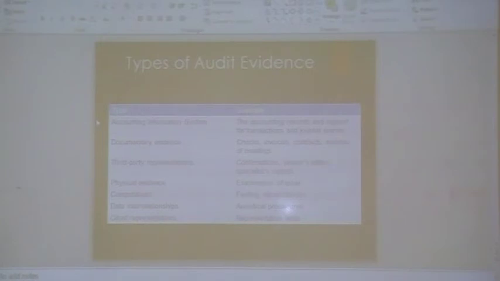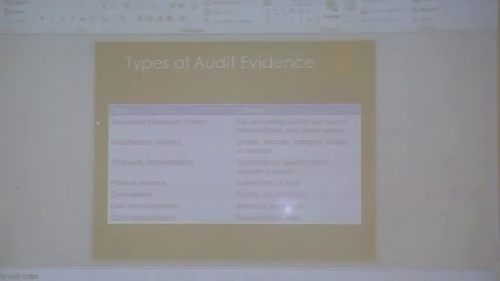Then the nature and timing of procedures. Holding the extent of procedures constant, one may increase the scope of procedures, making them more effective by changing nature or timing, for example waiting until the year end to obtain evidence from the entire set of transactions, as opposed to performing interim testing, say 2 months prior to year end, and simply updating those procedures. And normally at the year end, you'd do your timing, you'd wait and get all your evidence then.